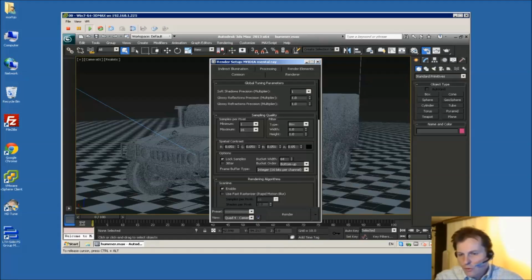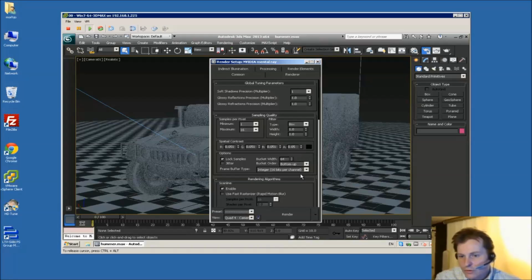I have 4 cores working on this, but if one core is later than the other 3 cores, then they will have to wait for a long time for that core to end. So it's often beneficial to make this bucket width a little bit smaller than the 128 that it has to start with,